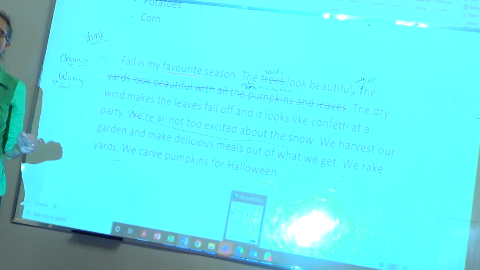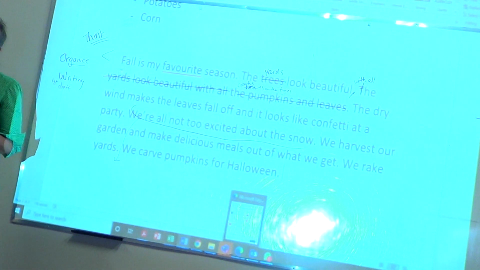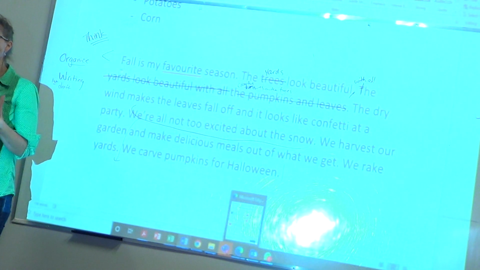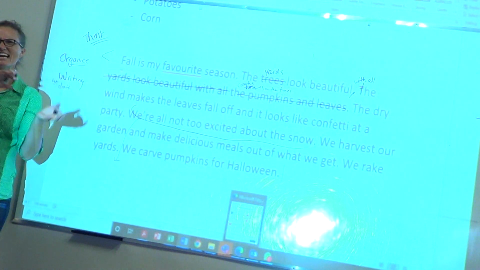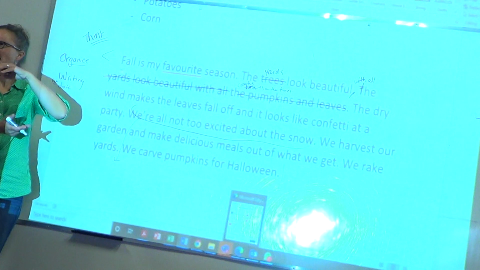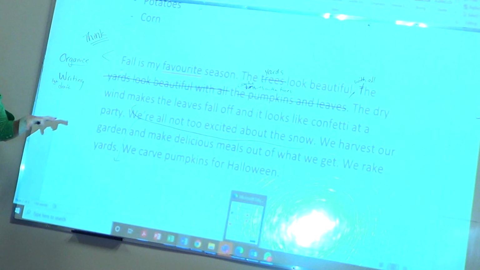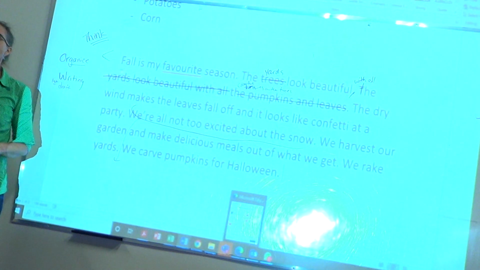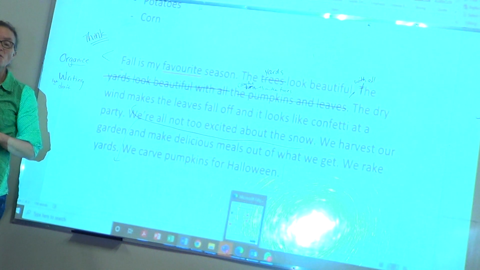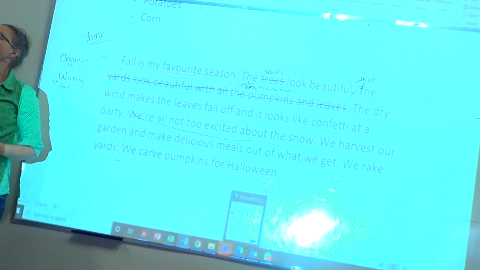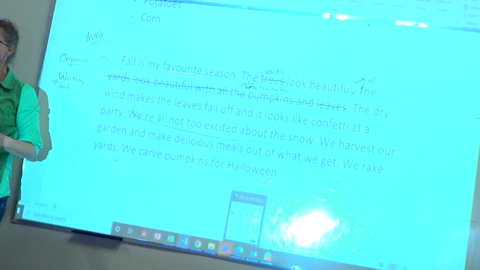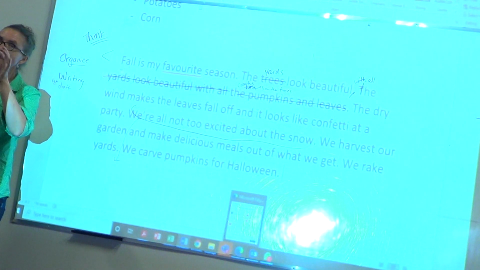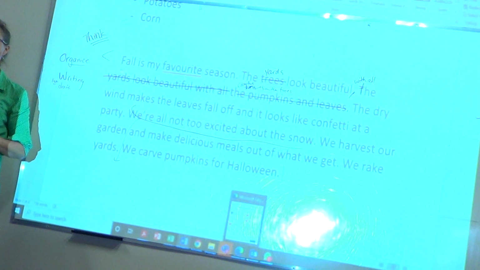So do you see what we're doing here? This is called revising. So editing is the grammar, all that stuff. Revising is, does that idea fit? Do I need to switch that around? Do I need to put it somewhere else? So that at the end, as hard as it is for you, I want your writing to look messy like this when you hand it in to me, to show me that you've been working and you've been thinking about moving things around and all that kind of stuff.